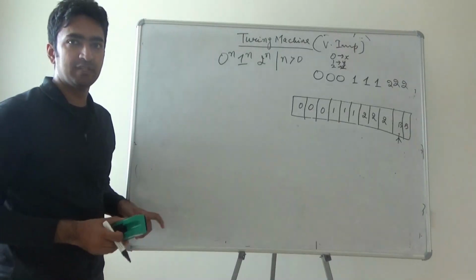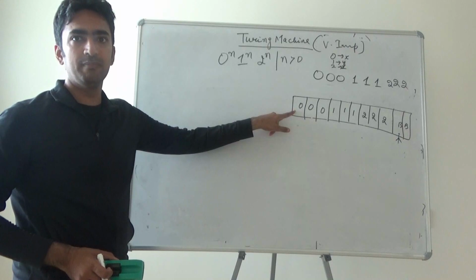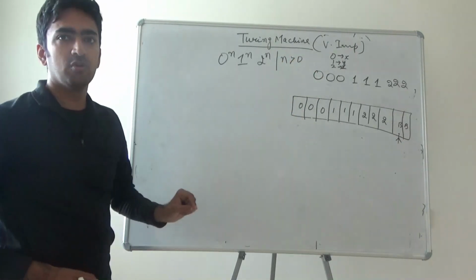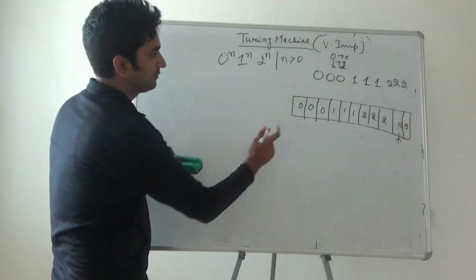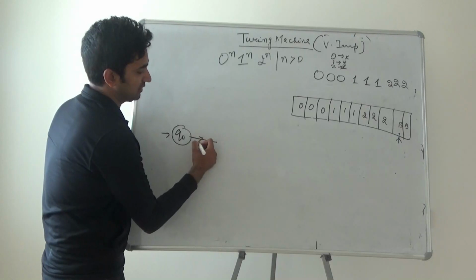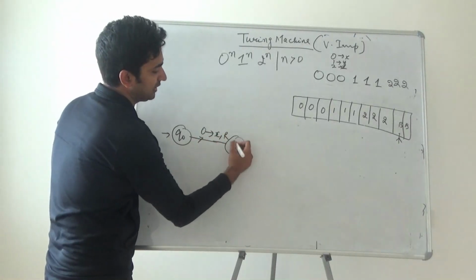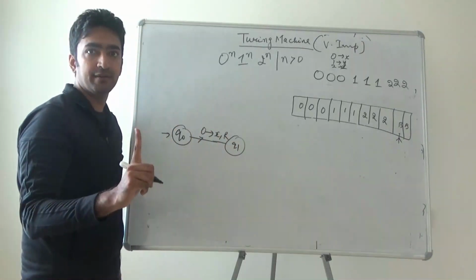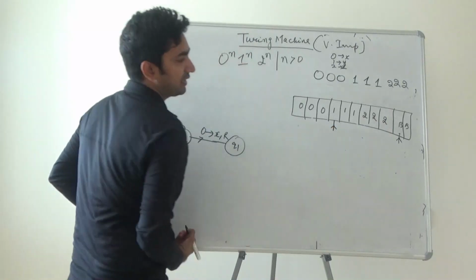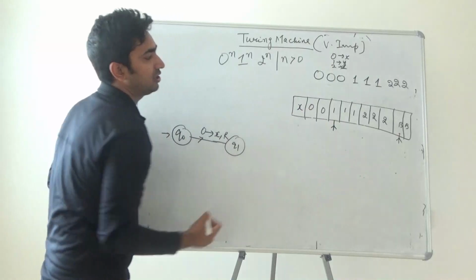Now first important step: the first 0 is encountered. 0 will be matched with 1 and will be matched with 2 also. So I am converting this 0 to x. So I am writing q0. The moment the first 0 is encountered, I am converting it to x and I am moving in the right direction. Target from 0 is this one. It means this is my target and this is my 0, which is converted to x.